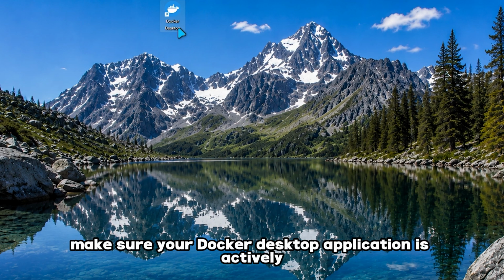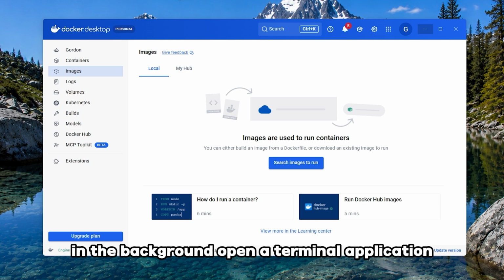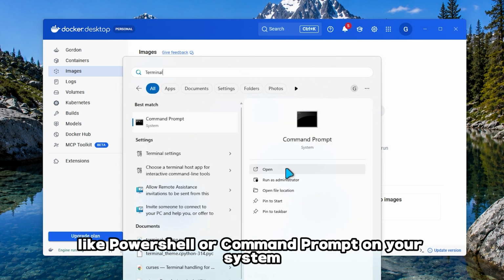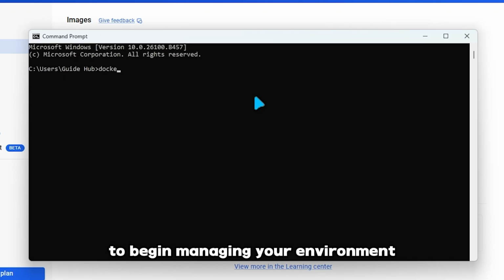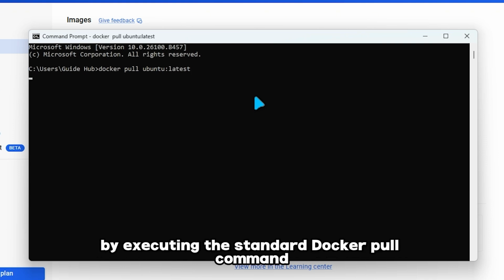Second, make sure your Docker desktop application is actively running smoothly in the background. Open a terminal application like PowerShell or command prompt on your system to begin managing your environment. You must pull the official Ubuntu operating system image to your machine by executing the standard Docker pull command for